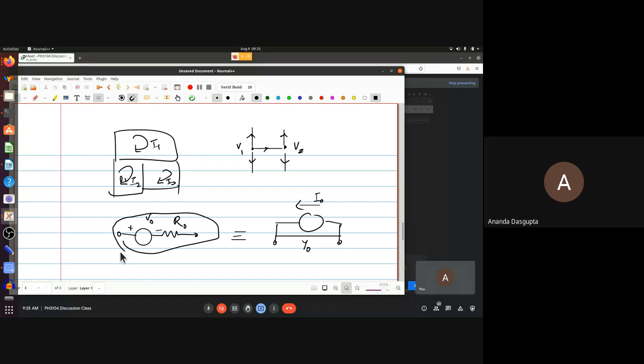So what you learned about as an internal resistance of a battery in class 11 was a very elementary application of Thevenin's theorem. Okay. Remember that what goes on inside a battery is a very complicated thing. A lot of complicated chemistry goes on inside. But all that can be replaced by virtue of Thevenin's theorem by a voltage source in series with a resistance. And there, for a battery, instead of calling it VThevenin, you called it the EMF of the battery. And instead of calling the resistance R Thevenin, you called it the internal resistance of the battery. But frankly, that was exactly Thevenin's theorem applied to a battery. Okay, a real battery.